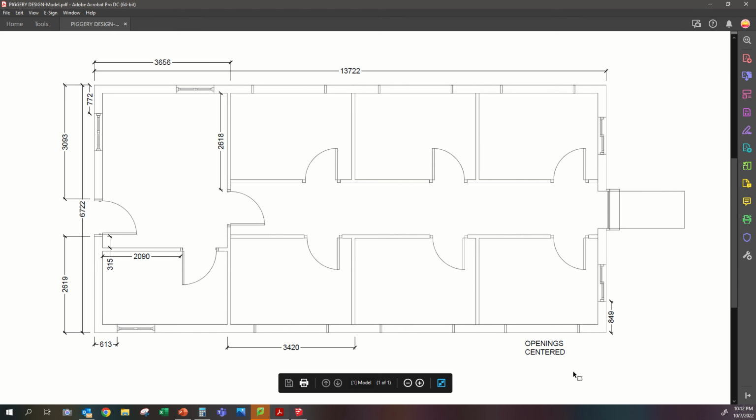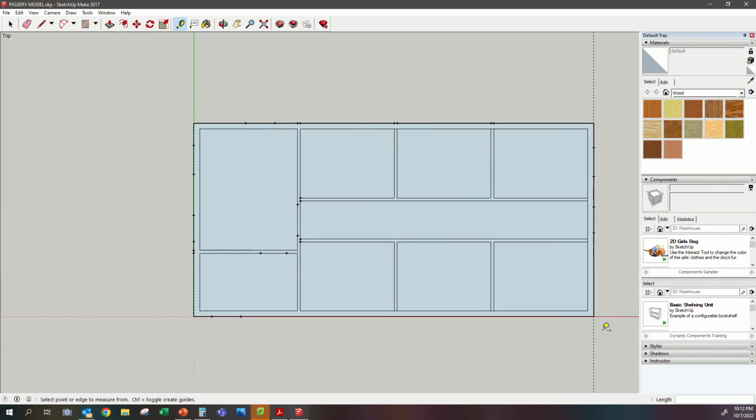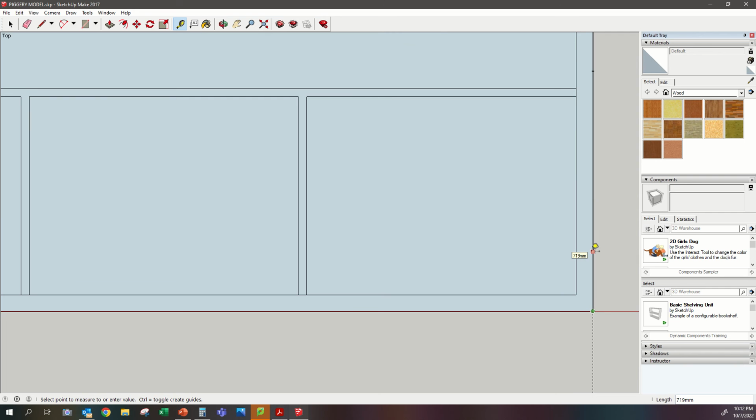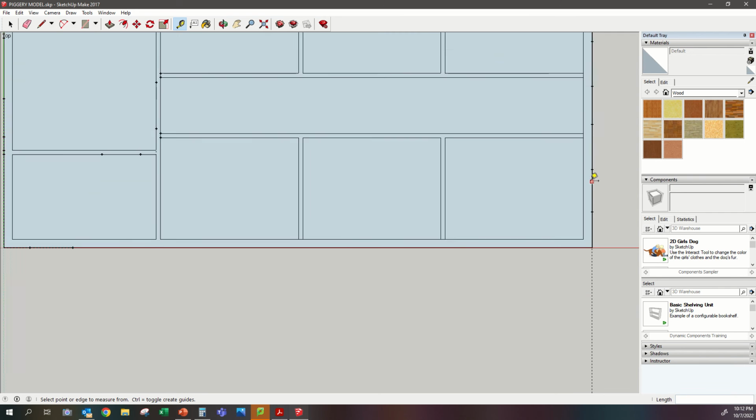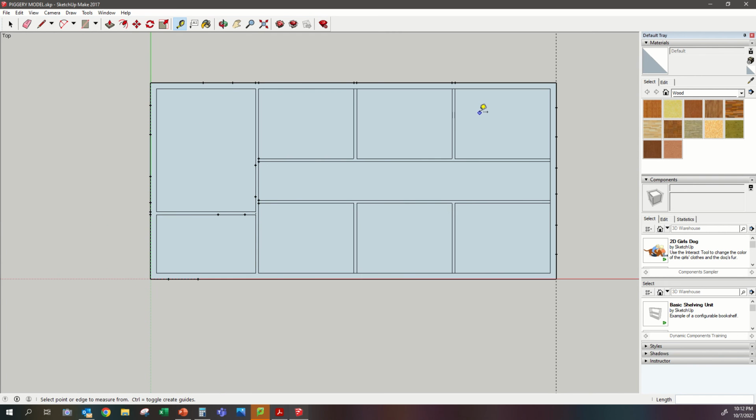We've got 2 windows, and they're 849 from the external edge. So I'm going to take my measuring tape again, make a guide. I think it was 849 if I'm correct. 849, enter. And we're making these 1000. Enter. So come to the corner here. We're going to go 849, enter. 1000, enter. Now this might seem a bit time taxing, but once it's all in, it goes very quickly when